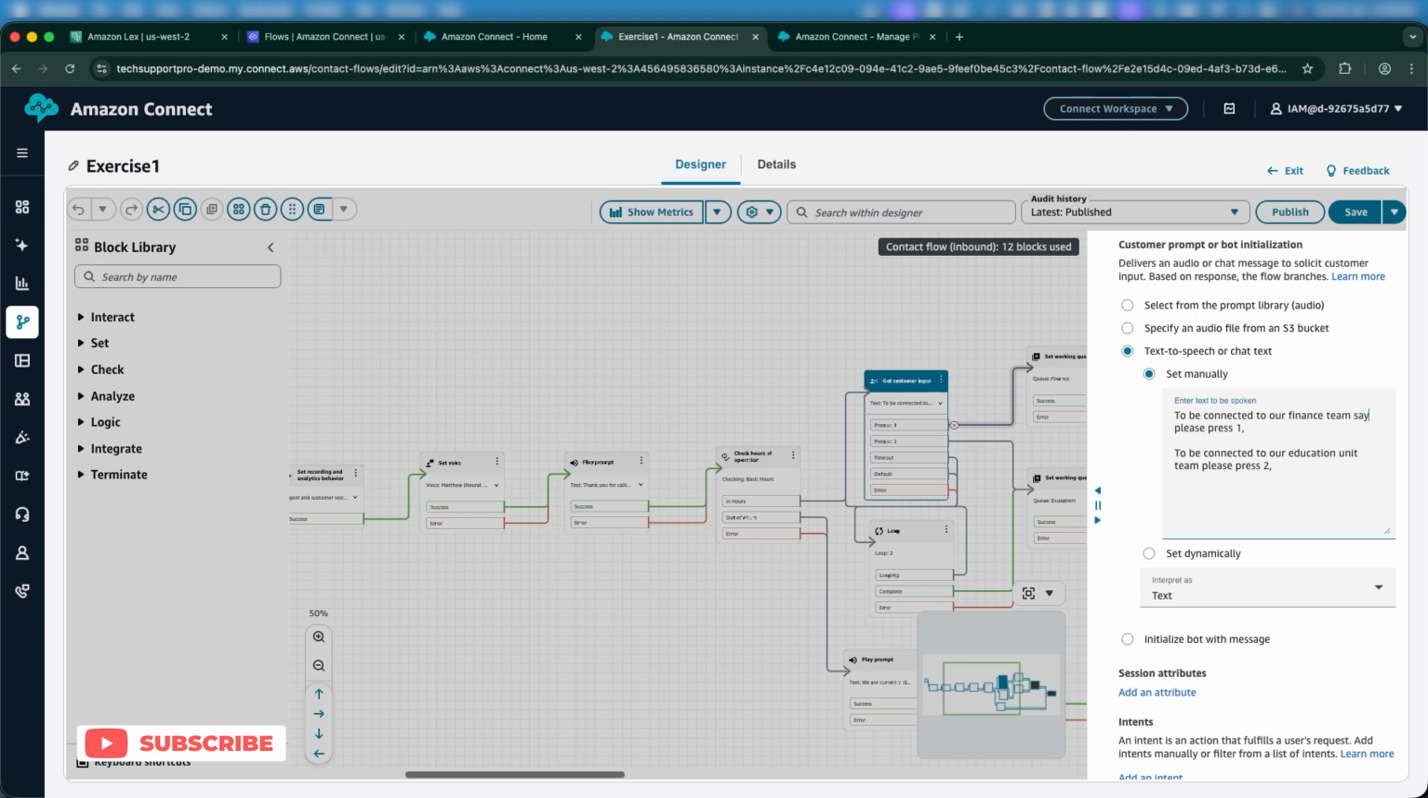Say finance, right? To avoid confusion, let me take the press one off. There is a way to handle both. Yeah, but for this case, I just want it to be simple. So